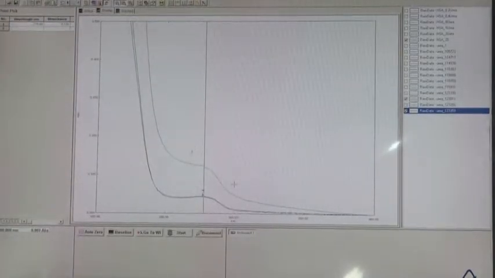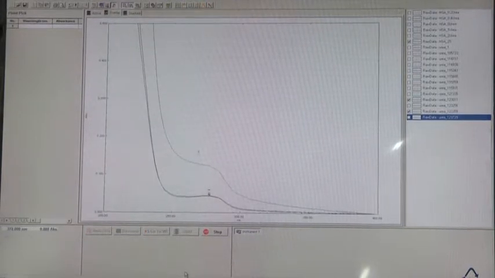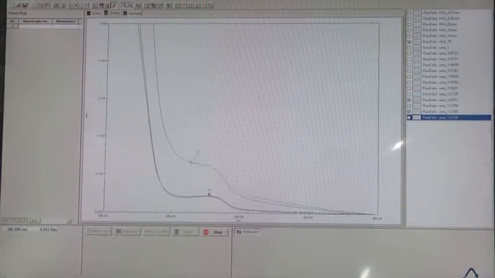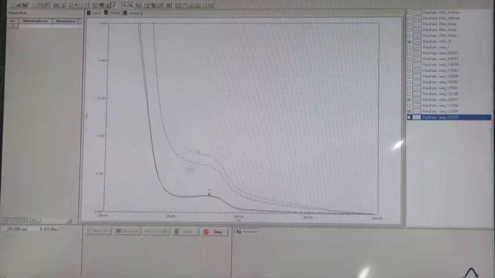Now we will go to the higher temperature, that is 60 degrees centigrade. Now we are going to see the absorbance of the protein at 60 degrees centigrade. We can see a proper peak is not observed here. Again the absorbance increases, but rather than a proper peak, we get a shoulder.